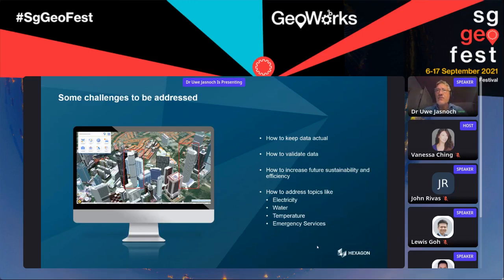Now, what we also want to stress is that we need to think more in terms of future sustainability and efficiency. That means we need to promote these 3D sandboxes, these digital twins, to more city domains in order to have better analytics of the impacts of planning on how to convert to a green city. Therefore, we need to address more topics concerning electricity, not only the solar panels, also the consumption of electricity.